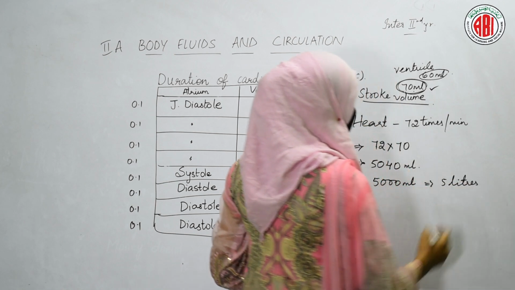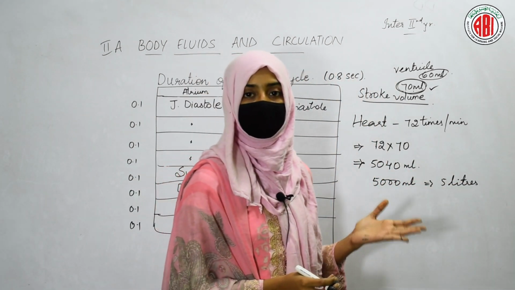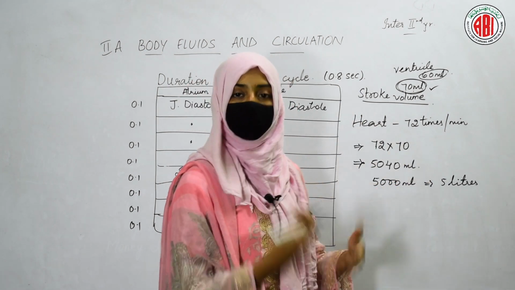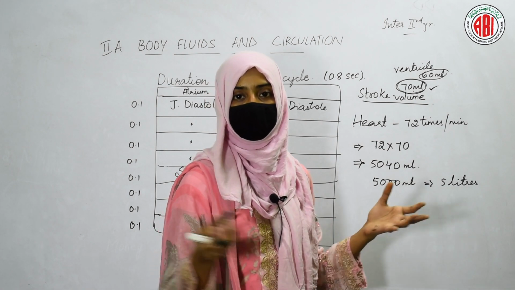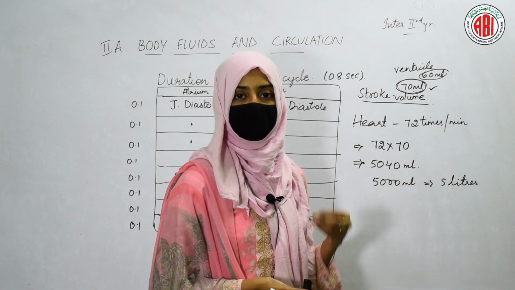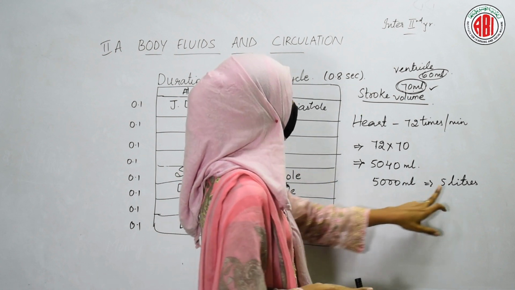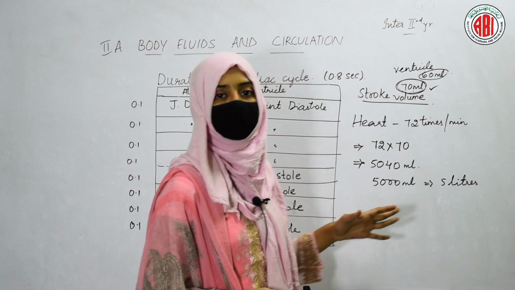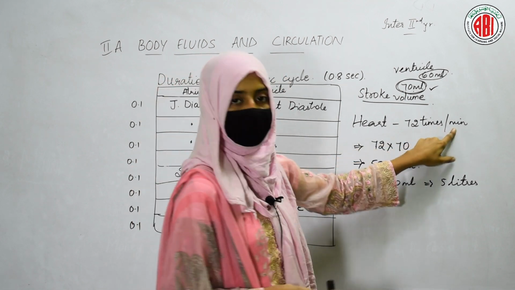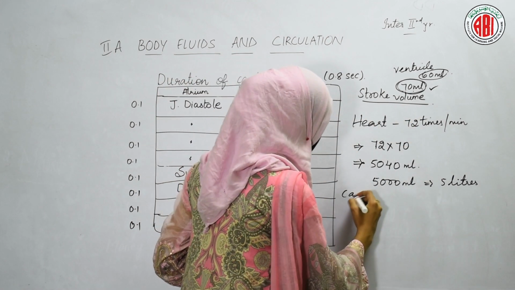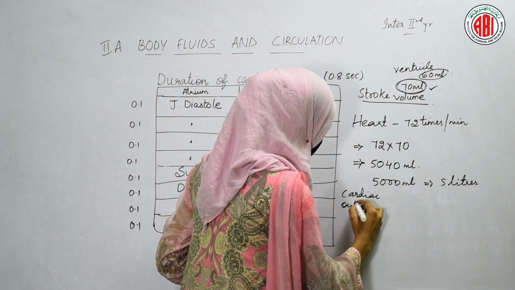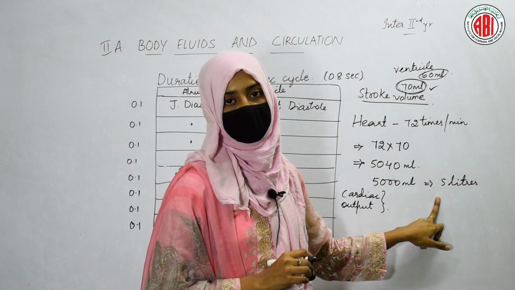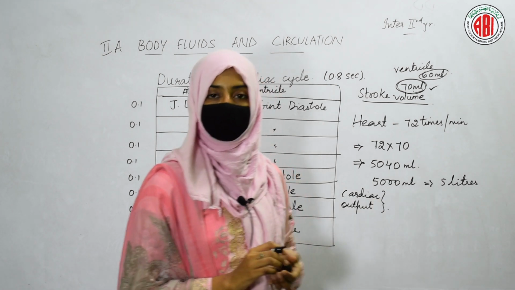So in a minute, our atrium is able to pump 5 liters of blood into the ventricles, and then the ventricles push that 5 liters of blood into the different arteries that take the blood to the different organs of our body. So 5 liters of blood is circulated throughout our body within a minute. This is how you can calculate the cardiac output. This is called cardiac output per minute. So how much blood is circulated within a minute? 5 liters of blood can be transported throughout our body.